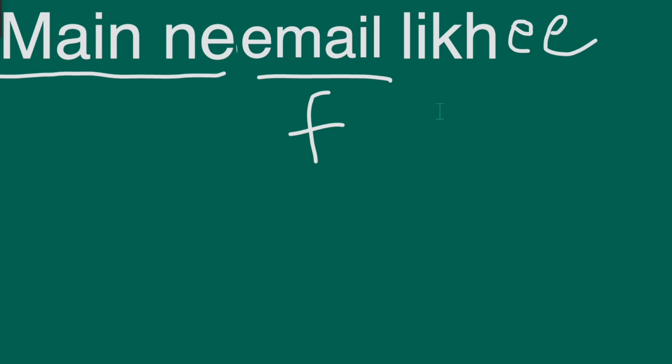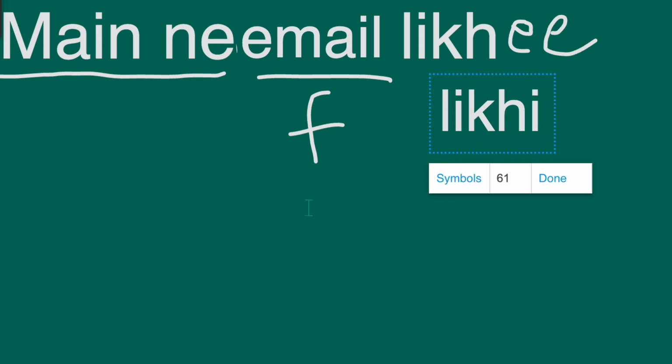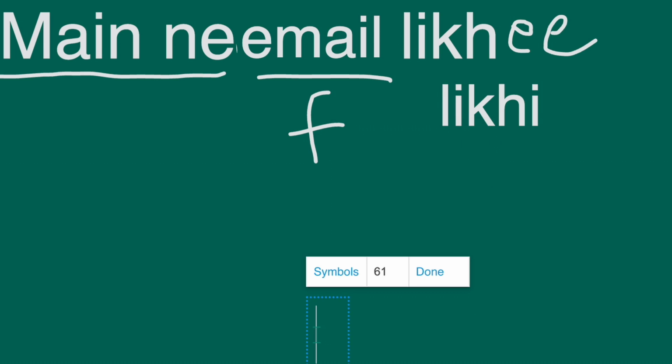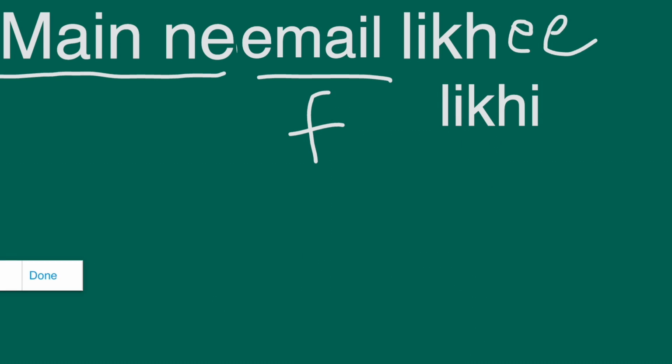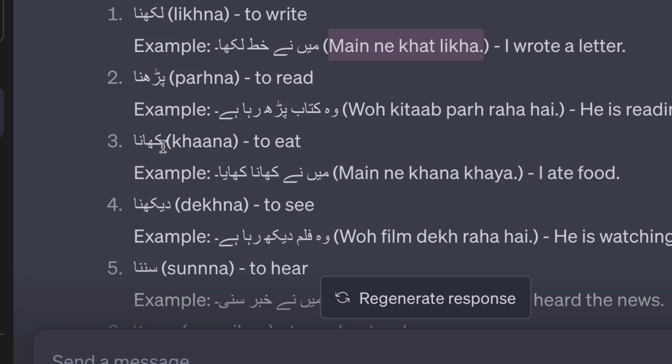E, like this, or you can write it like this as well. The Roman script is so difficult because the spellings are different. Wherever you see, the spellings would be different. So here you can see maine email likhi. I wrote an email. Maine email likhi. Perfect. And now let's move to the next